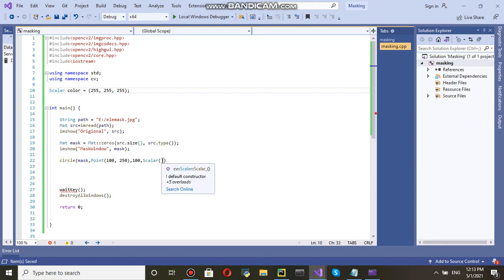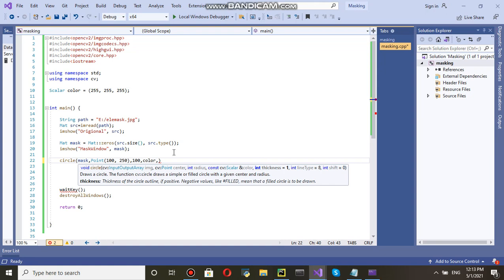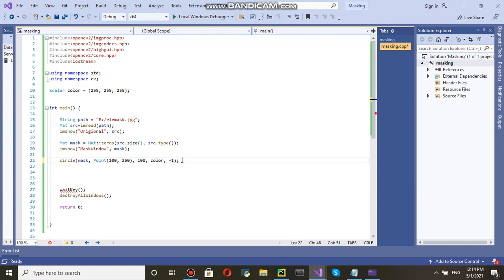Here just say color. And then it is asking for thickness. If you give -1, it means it will be a filled circle. It is integer type, and this is optional, you can give it or not. So the circle is drawn on the mask.